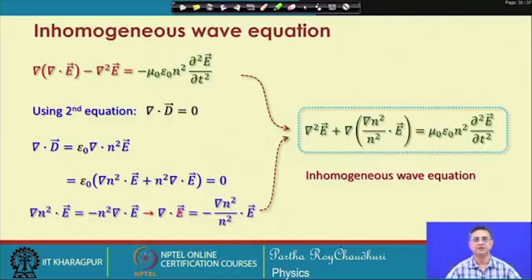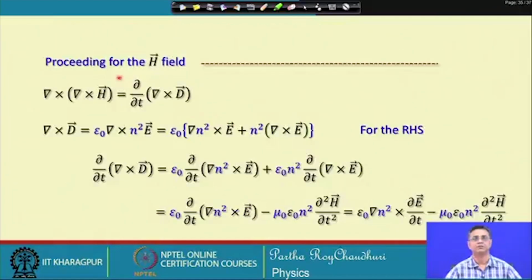So, it appears in the wave equation, because I will replace this del of del dot E by this quantity. So, I get the wave equation for this inhomogeneous structure: del square E equal to del of del n square by n square dot E, and then the right hand side as it is. So, this equation represents the electric field inhomogeneous wave equation. Proceeding